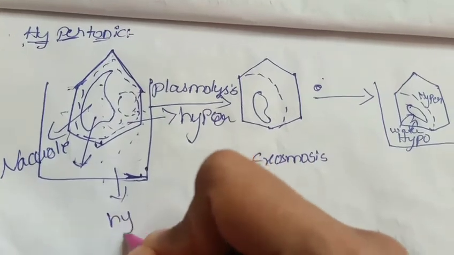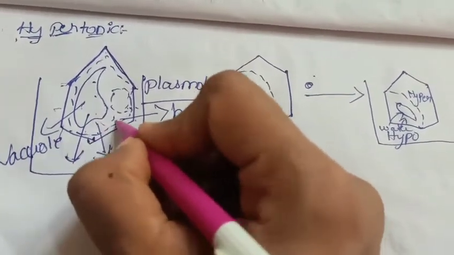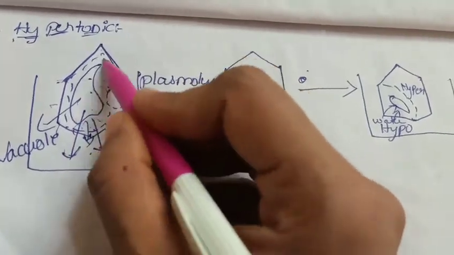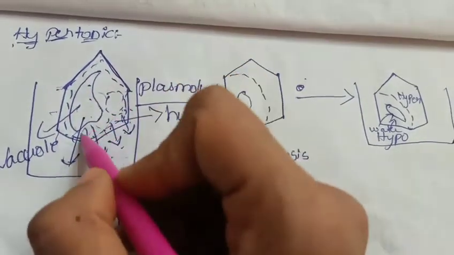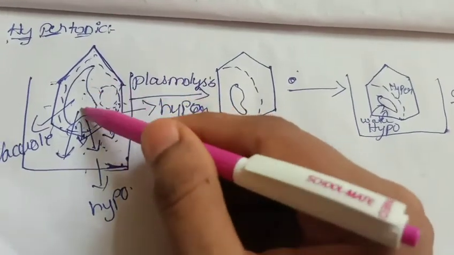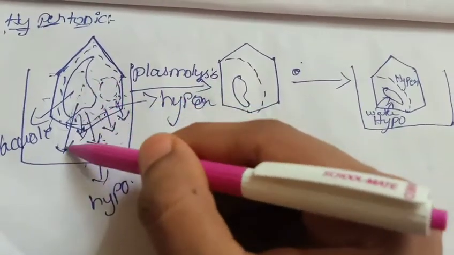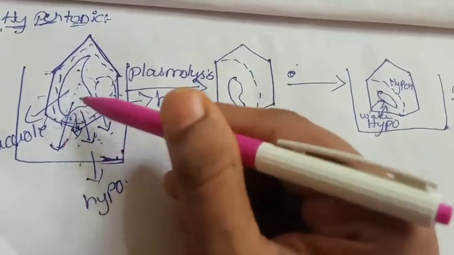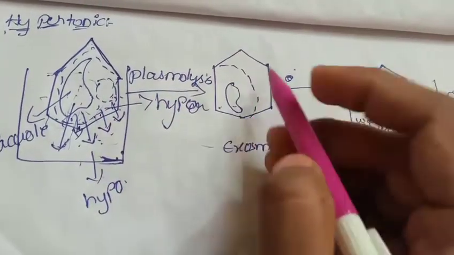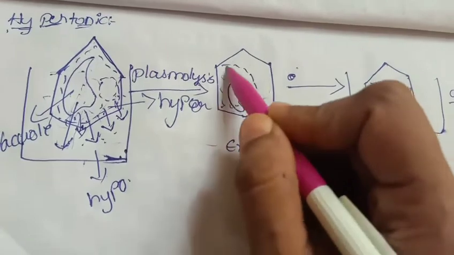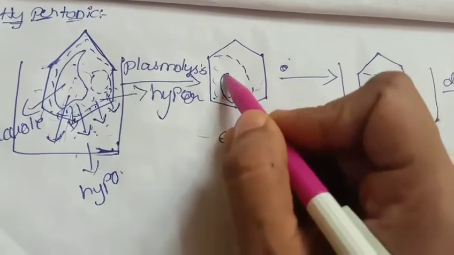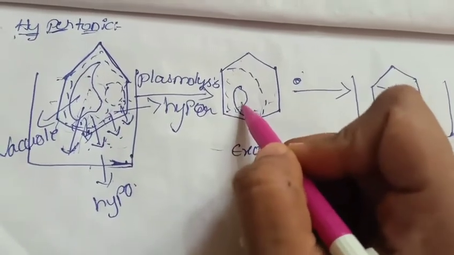Hypertonic and hypo. Here the substances which are inside the cell will come out of the cell, and this is a vacuole and it is the cytoplasm. When these materials come outside of the cell, the material which is present in the vacuole also comes outside of the cell. Then the shape will decrease and the cytoplasm will be detached. The size of the vacuole will decrease because the material present in the vacuole comes out.